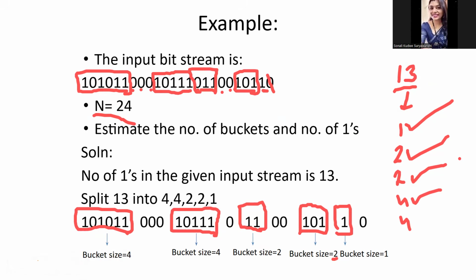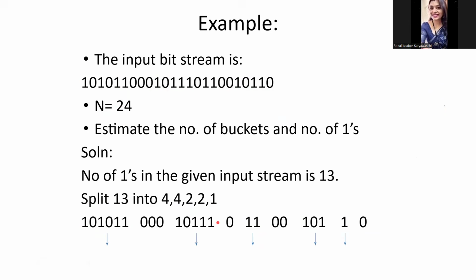The rule is every bucket size can be repeated at most two times, minimum one time, and the order should be ascending. So this is 1, then 2, 2, 4, and 4. Okay. Now next question is, let's say